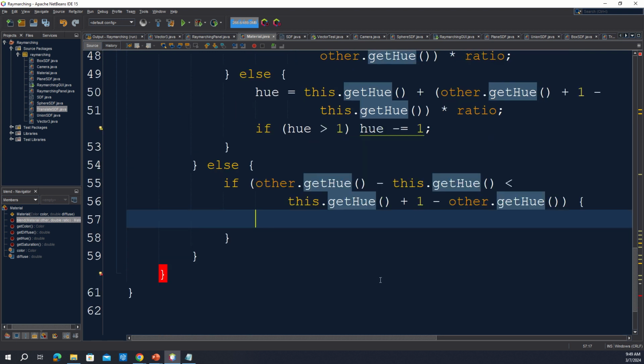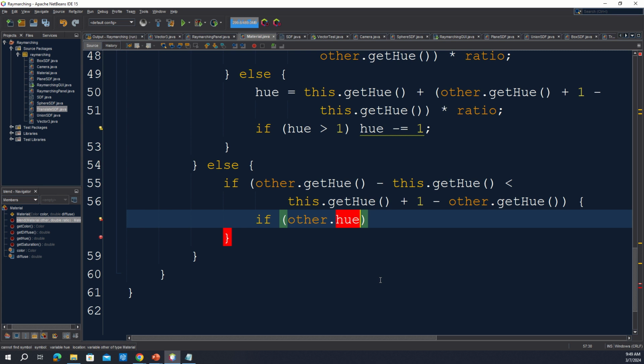Okay. Check to see which way around the circle to go. So if other dot get hue